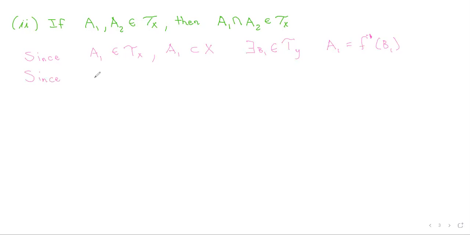And we need a second A, so we will pretty much rewrite the same. That way we can have two open sets in topology X and show that their intersection exists in topology X as well. Inverse image of B2. So